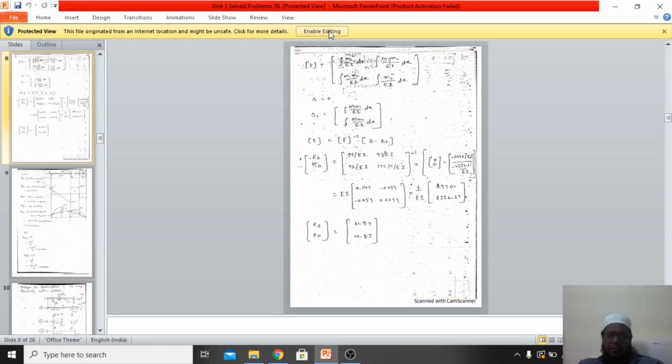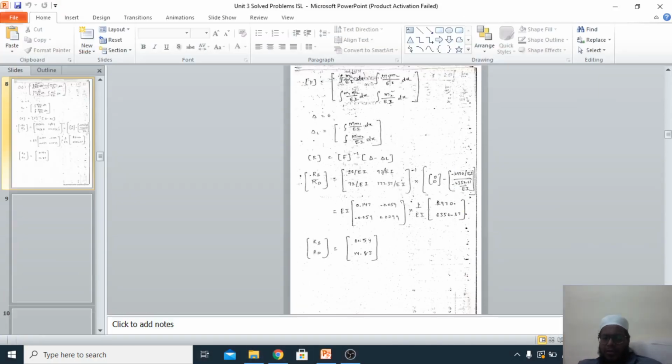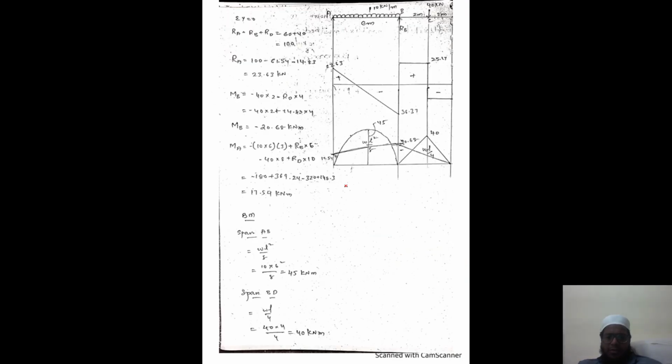Okay. So now today we'll see another type of beam wherein we have a cantilever portion. We have a separate cantilever portion in our beam. So that beam we'll be considering now. It is very important, and this type of problem has been asked many times in our previous question papers.